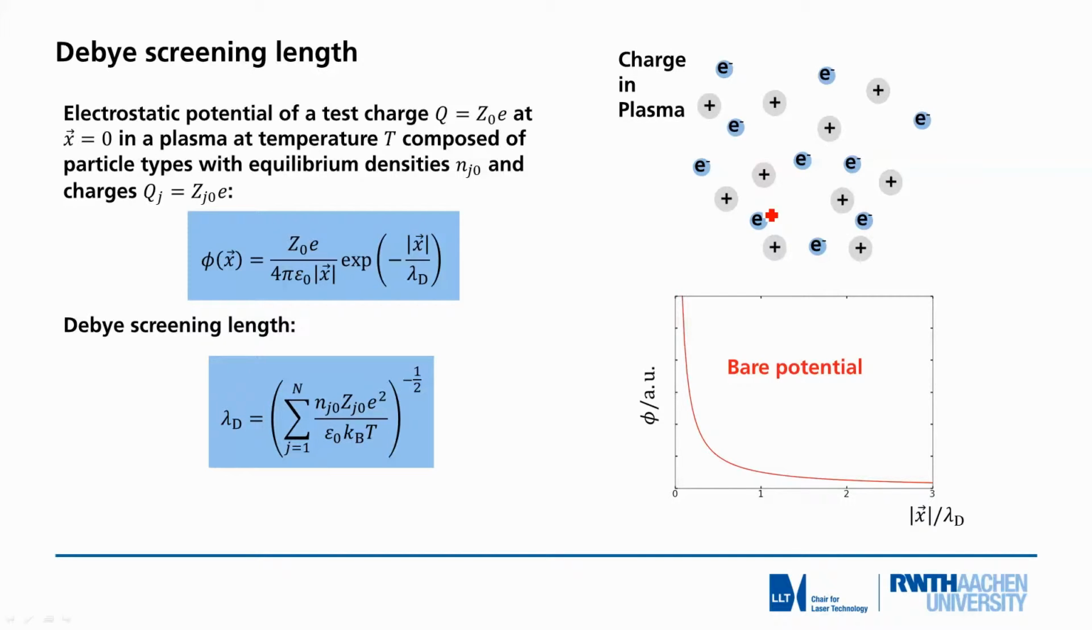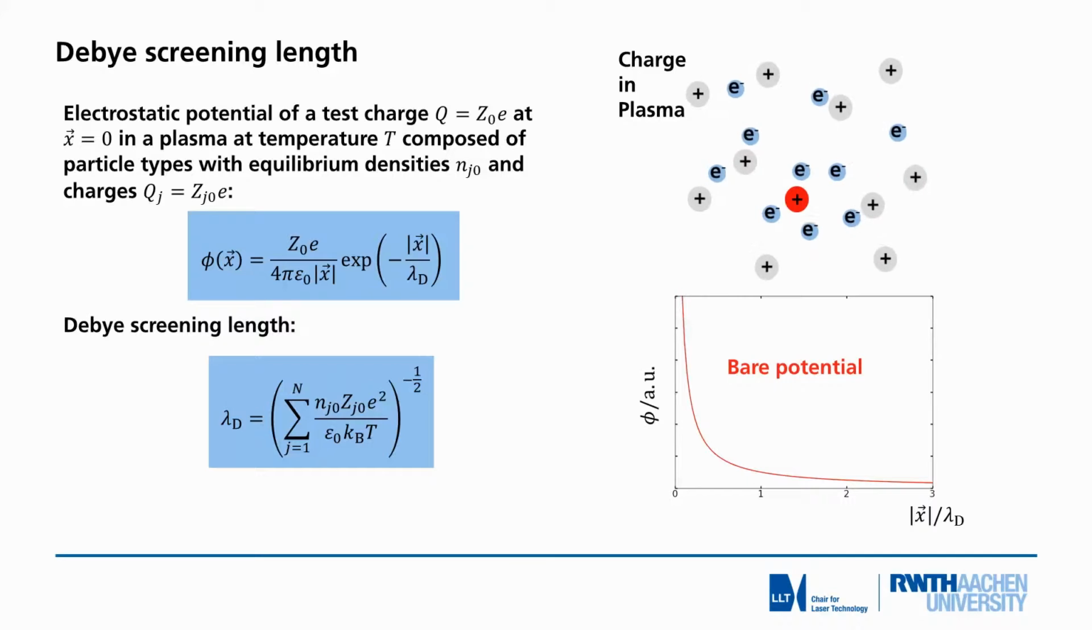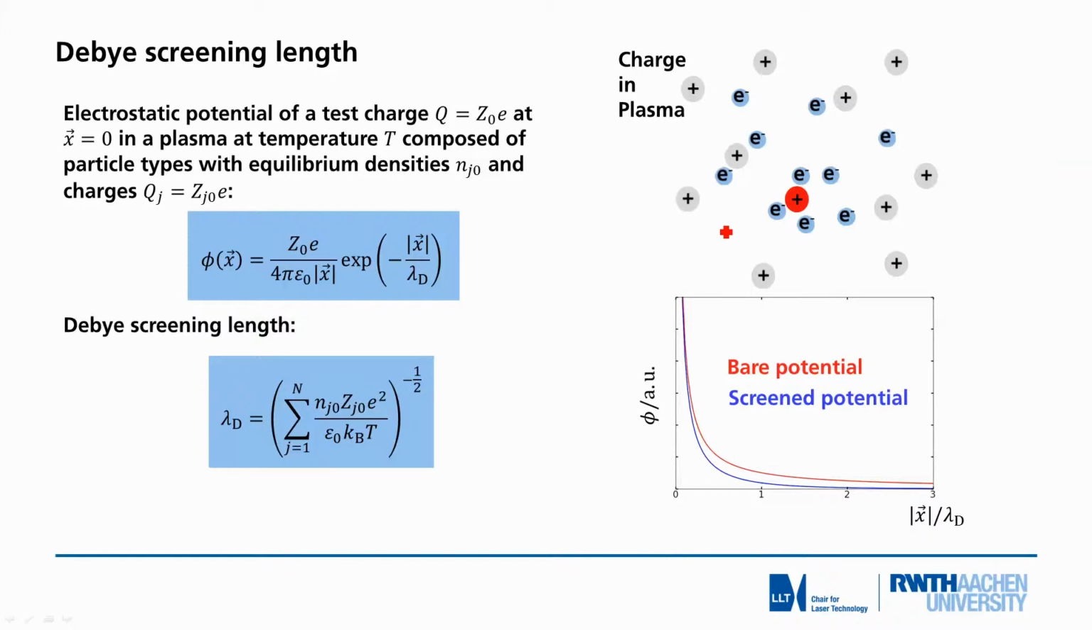If we now add further charges and look at what is happening to the test charge itself, we will have a change of that potential, because in this case the positive charge will attract the electrons and repel the ions. As a result of the presence of the surrounding charges, the potential of course changes. In this example here, the change is not very much. You see the blue line is very close to the red one,